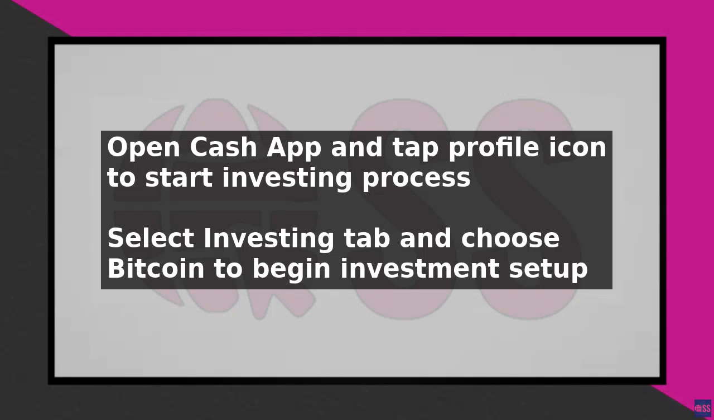To auto-invest your paycheck into Bitcoin using Cash App, start by opening the Cash App on your mobile device and tapping the profile icon in the top right corner. From there, select the Investing tab and then choose Bitcoin. If you have not already, you will be prompted to agree to the terms and conditions of investing in Bitcoin